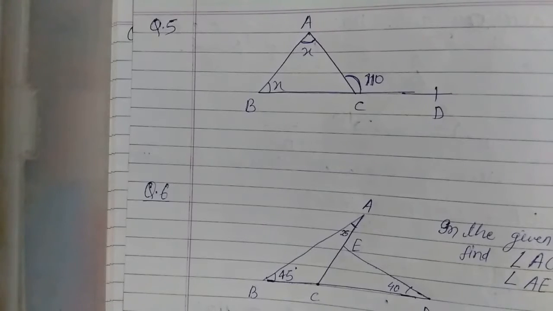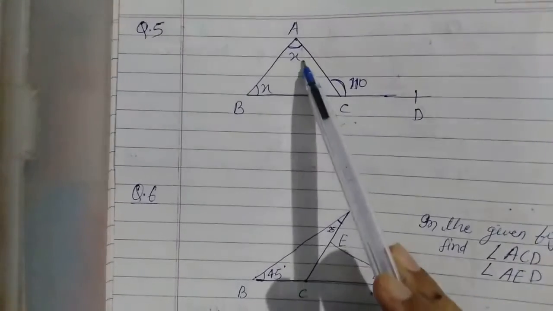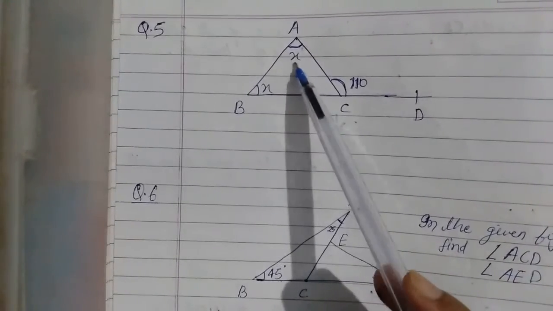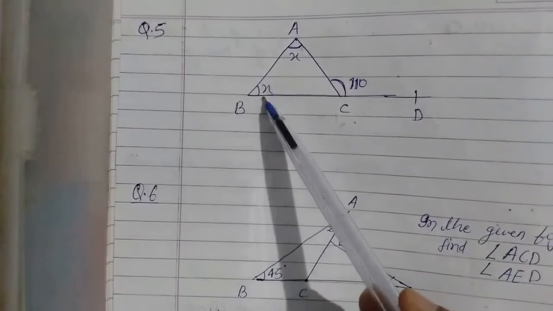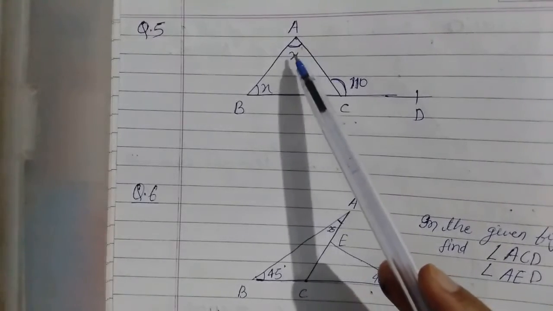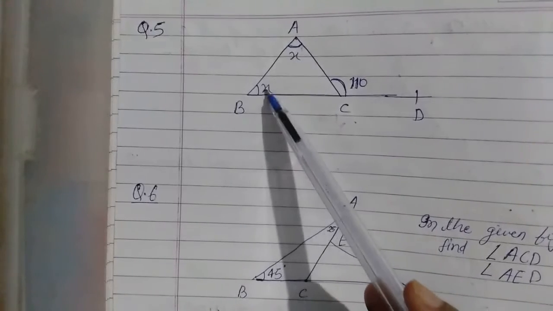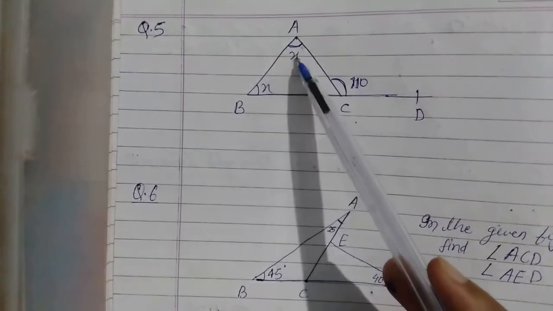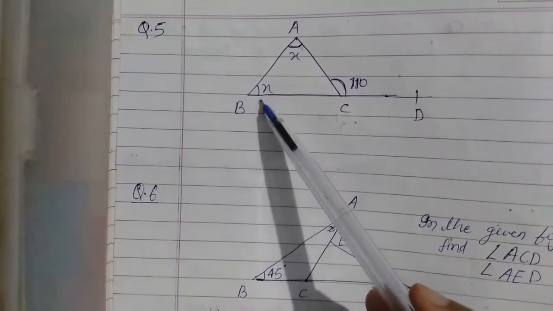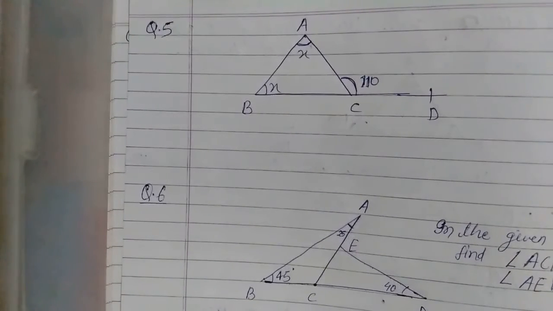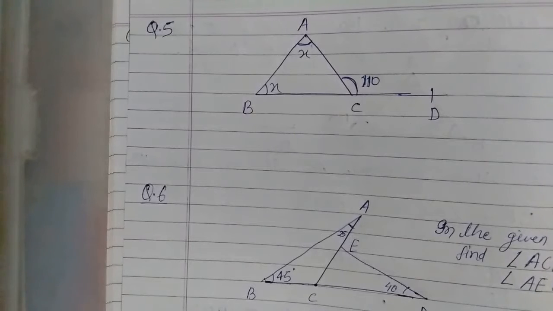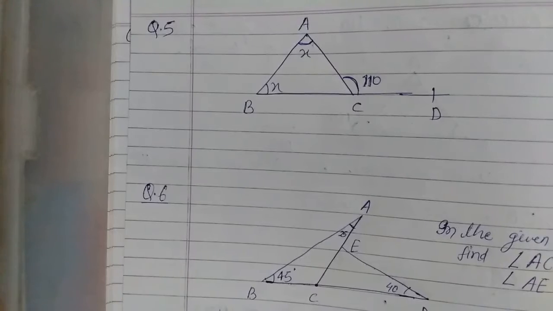Now question number 5 is also the same as we have solved in question number 4, but the little difference is this: there the ratio 2x and 3x was given, and here it is given that its interior angles are equal. So we have to consider the same value, that means x and x. In question 4 we considered 2x and 3x. Okay, but here we consider x and x, and we will follow the same method as we used in question number 4. By using that method we can find angle A, B and C.